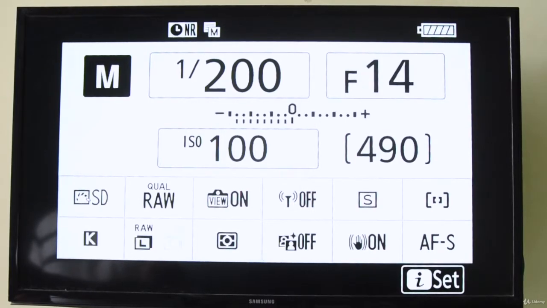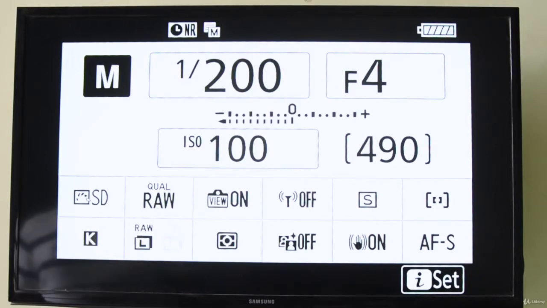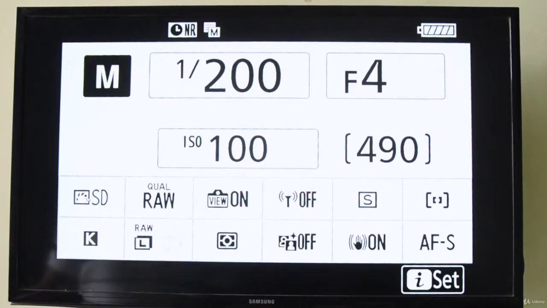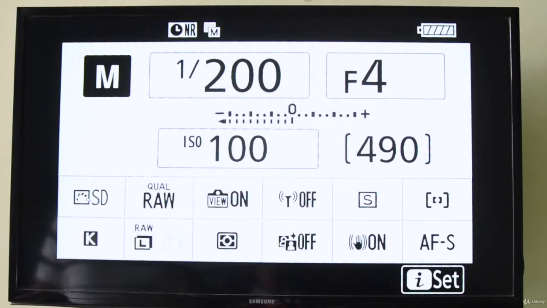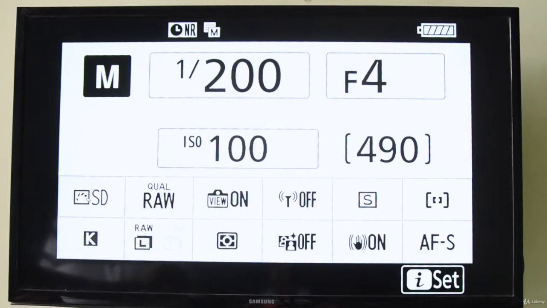The first thing is that you figure out on your camera how to change the f number. If you are using a professional camera like the Z6, the front dial is the aperture dial. But if you are using a DX body or an entry level camera, you might have to press the plus minus button and then move the dial at the back side. It will change the f number. Whichever camera you are using, find out how to change its aperture, because that is a very important thing.